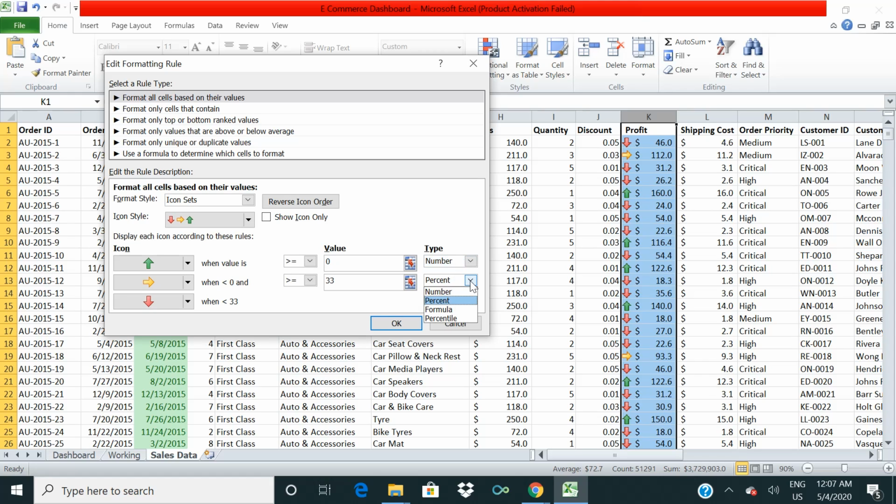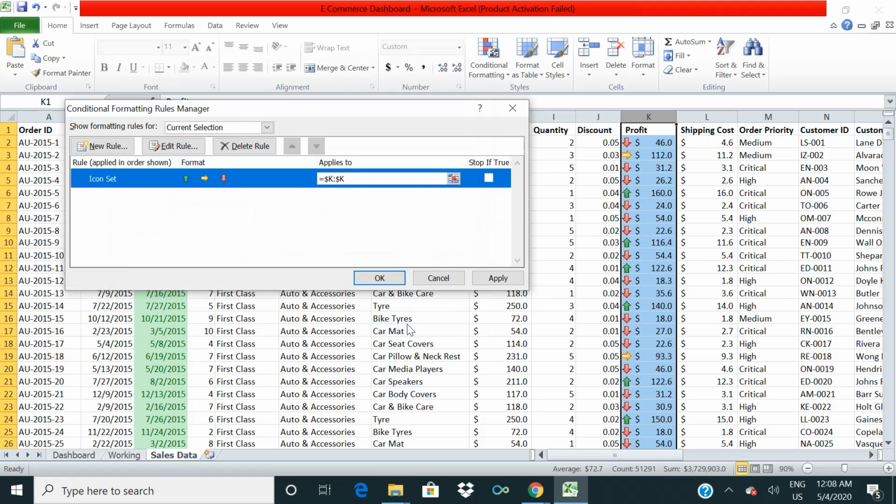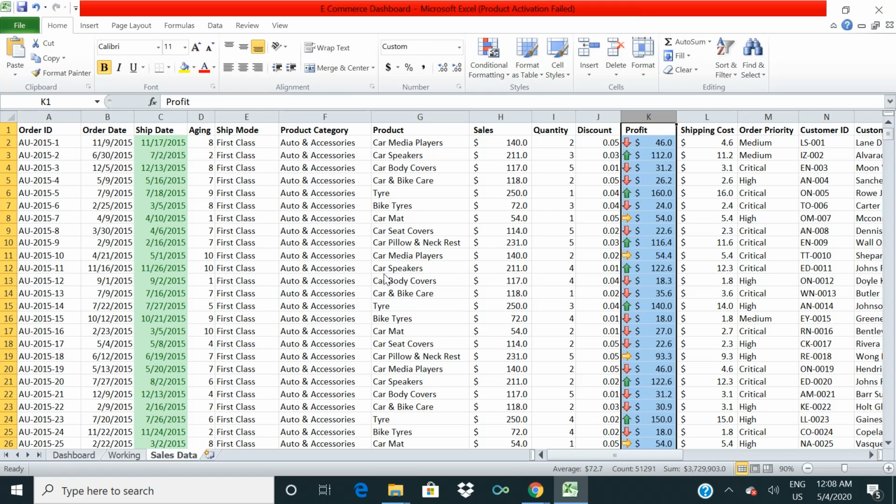Select the type as number, and then the green up arrow for values greater than or equal to 100, and the horizontal icon for greater than or equal to 50, and Excel takes by default the red down arrow for less than $50. So I am clicking on OK, then apply, then OK.